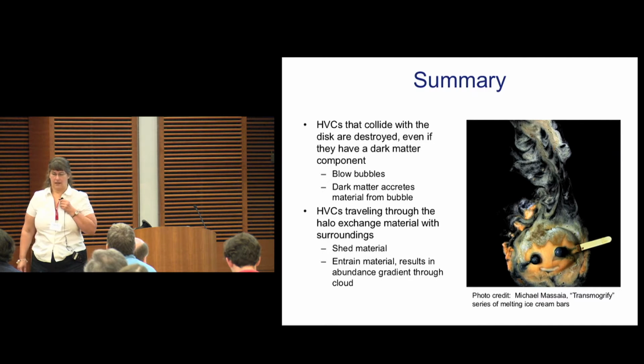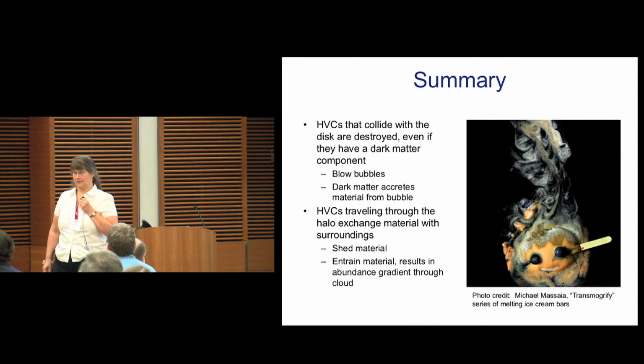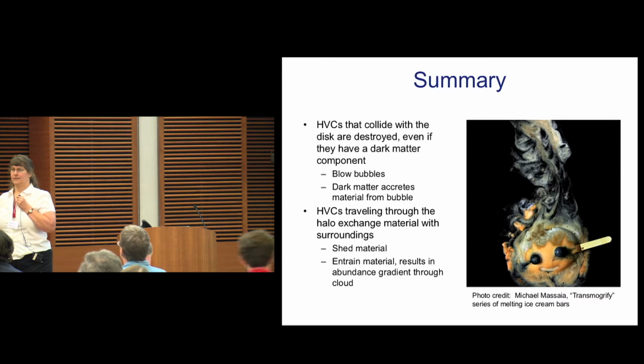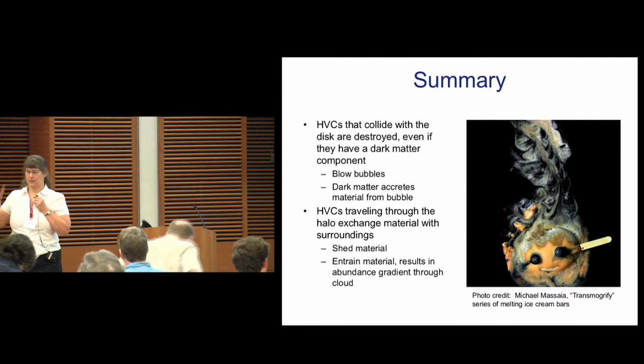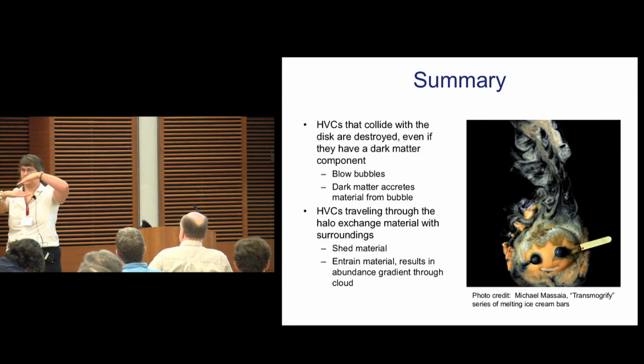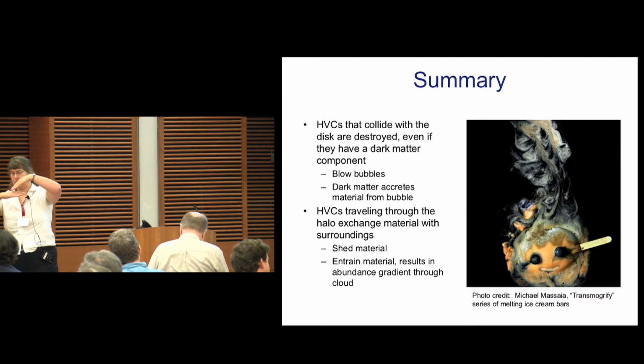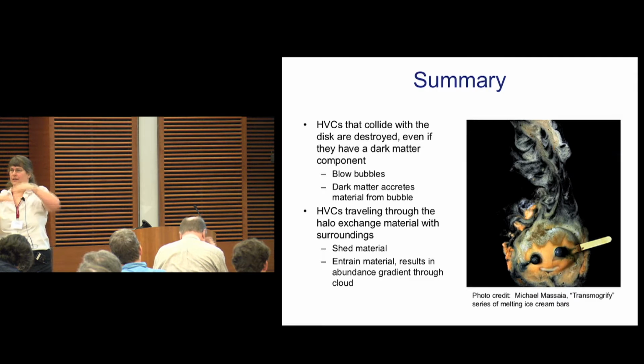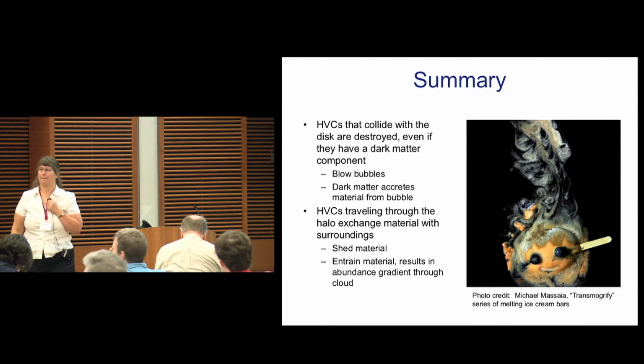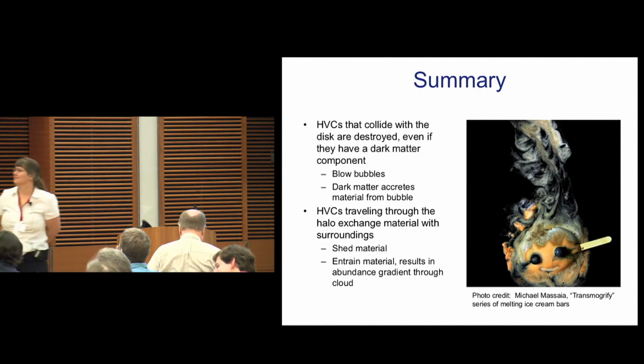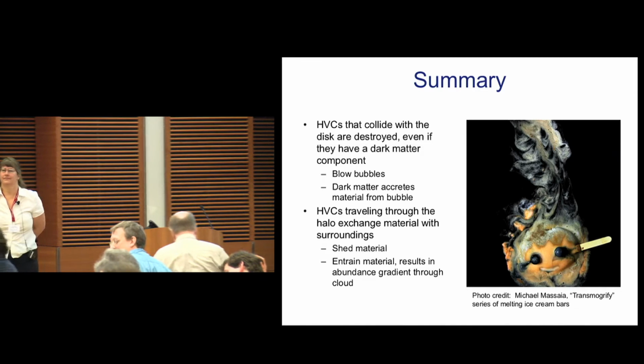Okay, so you're saying I've only applied it to the Smith cloud and you want more examples. Is that your question? What about complex C? Complex C appears to be angled towards the disk like this, where one part of it is closer to the disk. That part is also closer to the inner galaxy. So that seems to be something that is falling into our galaxy. What about the leading end of the Magellanic Stream, which has come up through the outer part of our galaxy? And complex H.